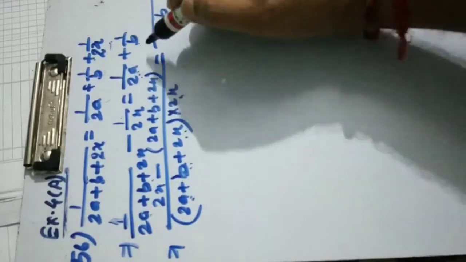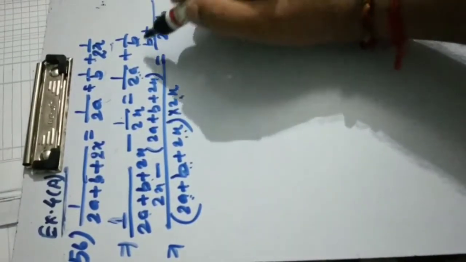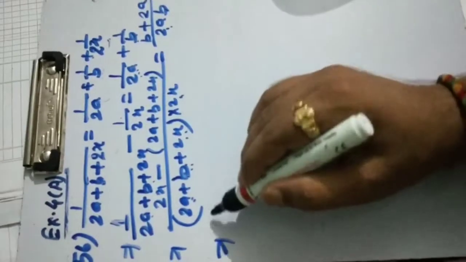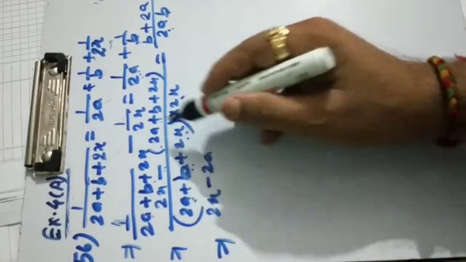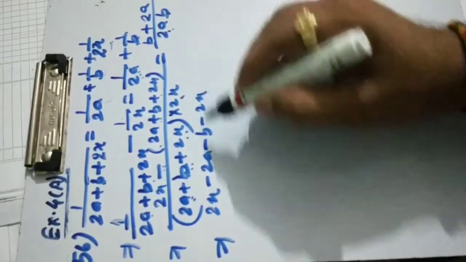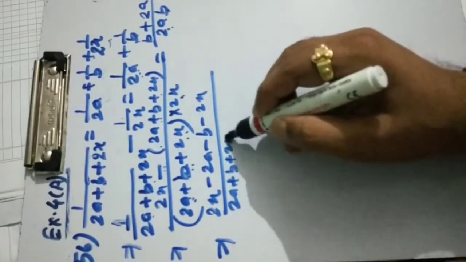b multiplied by 1 will be equal to b, and plus b will cancel with b. Then 2a will be left. 2a multiplied by 1 will be equal to 2a. Then let us remove this bracket. 2x minus plus minus 2a minus plus minus b and minus plus minus 2x upon 2a plus b plus 2x